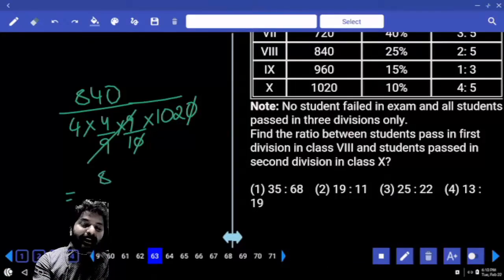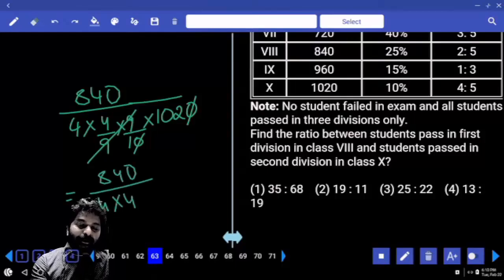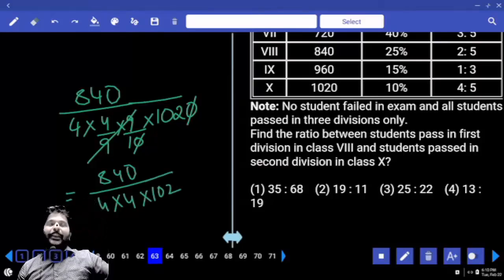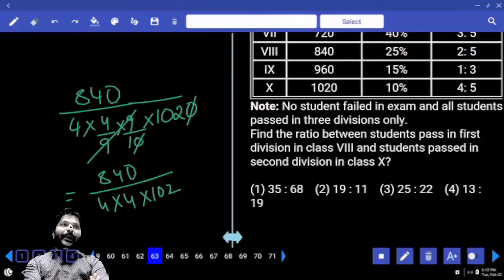So what is left in numerator? 840 by 4, that is 210. Correct. In numerator, do you see 5 multiple? Come on. Do you have 5 square multiple? 5 square multiple ante